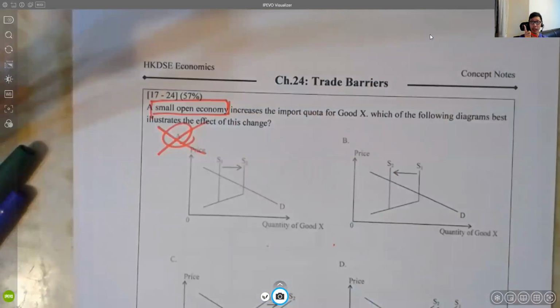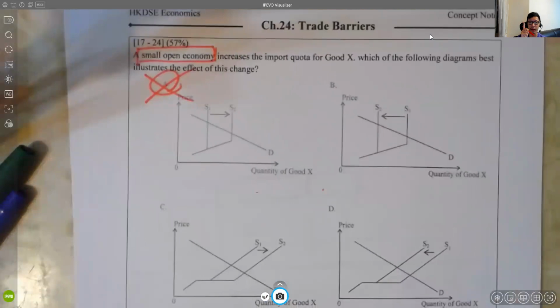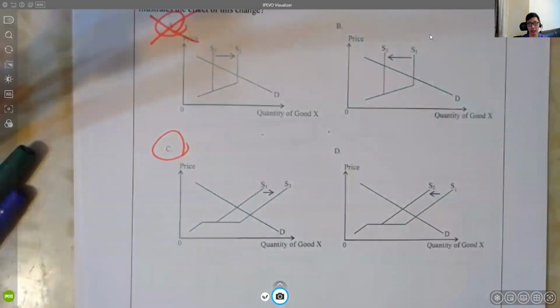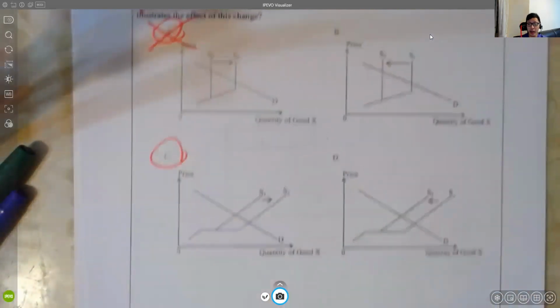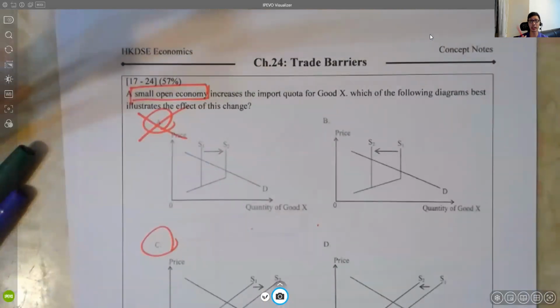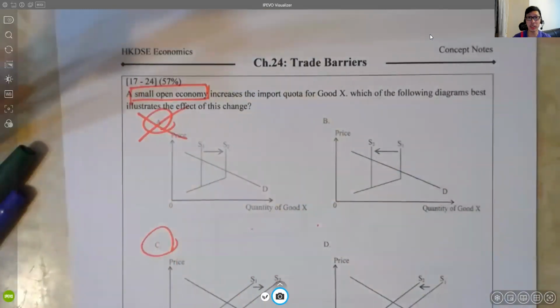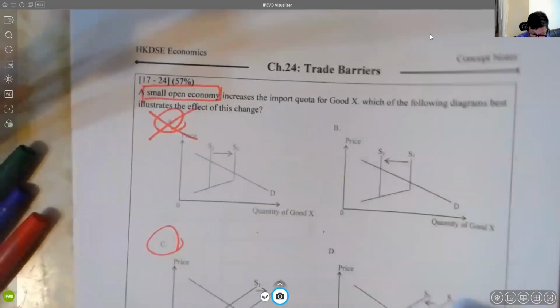Of course, A is wrong because it is a small open economy. A small open economy, the situation they face would not be this one, but instead it would be facing this situation. 打橫嗰條啊. Therefore, when you talk about quota and tariff, be very careful, very sensitive to 3 words. Small open economy. If you don't see these 3 words, stick to what we have in chapter 11, market intervention. OK，得唔得？唔該你自己小心啲啦。